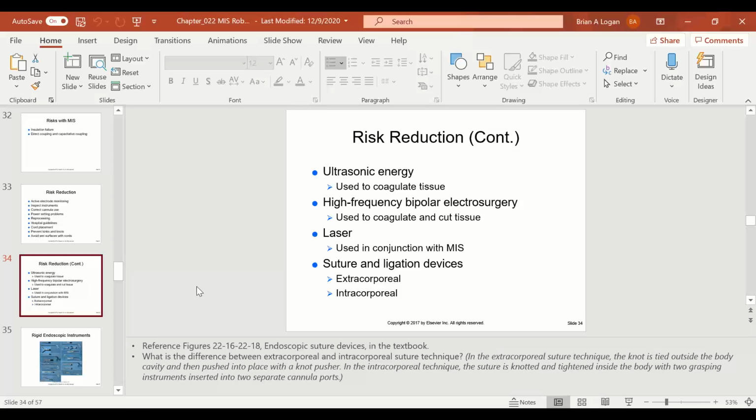The ultrasonic, right? That's the mechanical device used to coagulate and kind of seal tissue. Bipolar. Bipolar gets hooked up to the same machine that your bovie pencil gets hooked up to. And your bovie pencil is what's called monopolar, which means that the